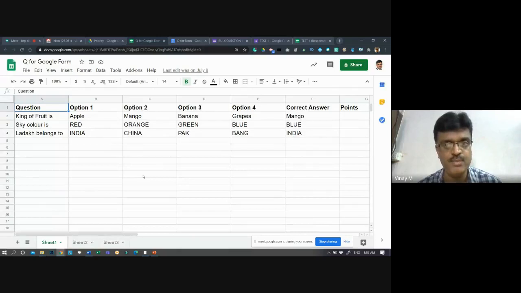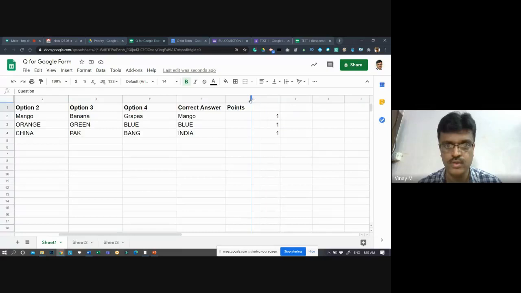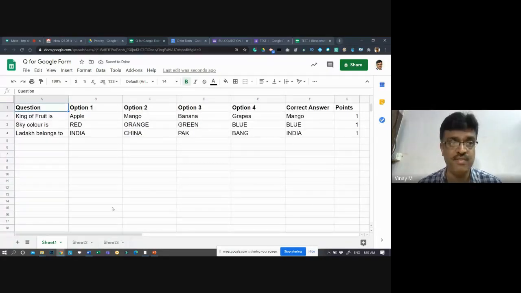If it is Excel, I always prefer that people prepare the question answers in this format, which I will share with you. This is what you are supposed to do. See how it looks. This is a simple format. First column is written as question, option 1, option 2, option 3, option 4, and correct answer and points. This is the heading. All questions should be typed in this column. Then 1, 2, 3, 4 are the options. Say this is a question, option 1 answer, option 2, option 3, option 4. That's how it is written. For the correct answer, specify here which out of these 4 is correct. How many marks you want to give, write it here.